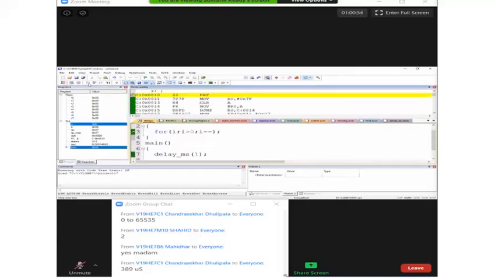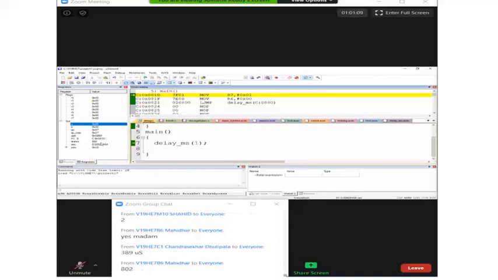See, to execute your function and return back, by the time it came out, how many machine cycles is it showing? Initially, before starting your main program, it is 389.